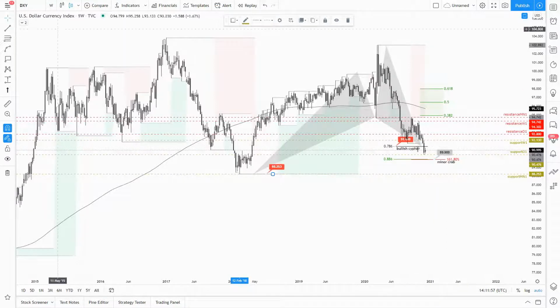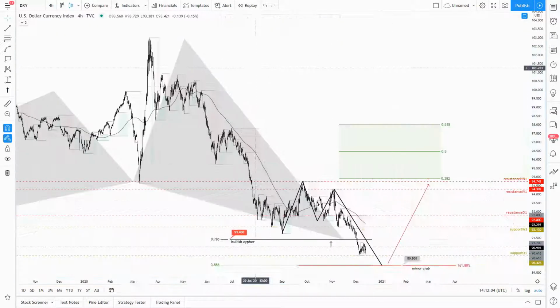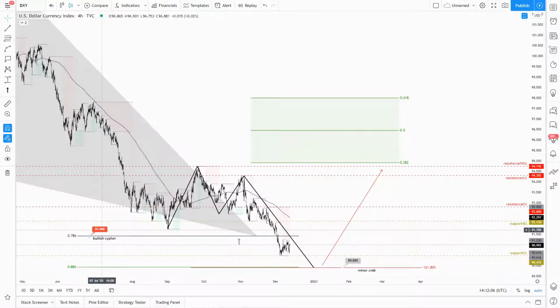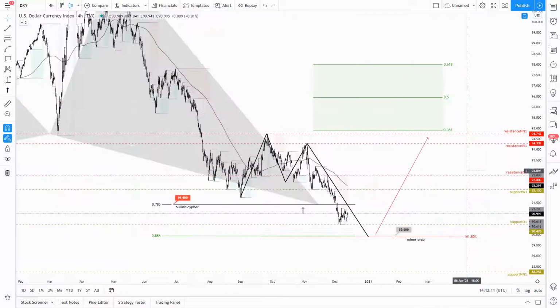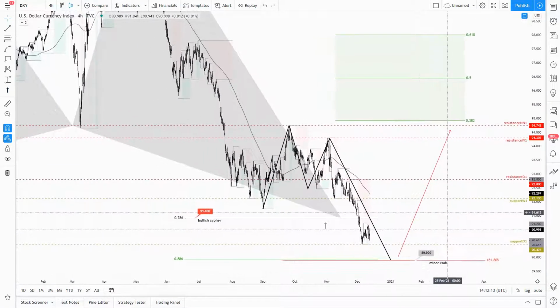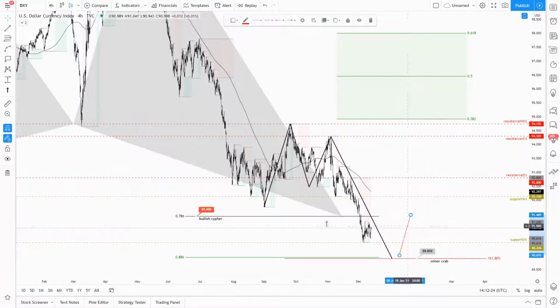So let's go into a lower time frame again, 4 hours time frame. So this is the major bullish cipher pattern projected before at 91.40. But we are also approaching a minor or a lower degree bullish crab pattern. So the pattern was projected at the golden Fibonacci extension level. Actually that's the price for the crab pattern right there, and I will not be surprised to see this crab pattern offering a major reaction,